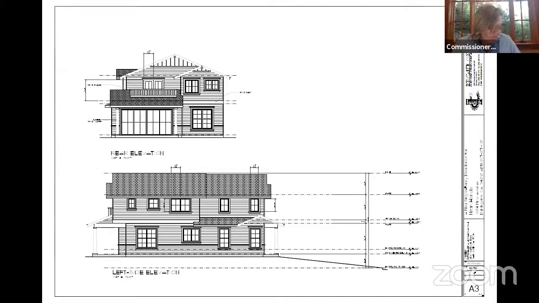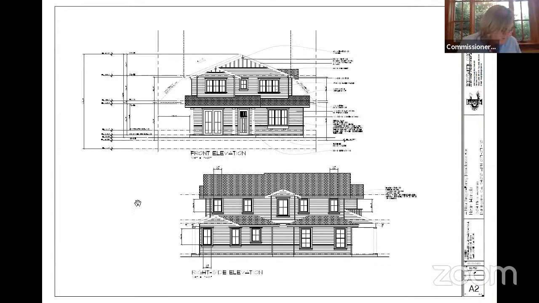I'll keep moving here. So you have tapered wood columns in the front. Are those round or are those square? Square columns. Okay, square tapered columns. Got it. And then the last question I have is on sheet A2, again, on your front elevation,